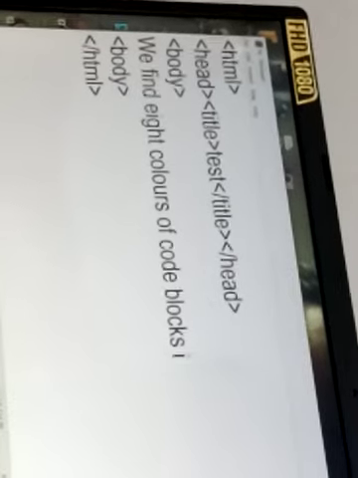Let me write over here some things which we have read in class 7 in Scratch. What we have seen, that we find eight colors of code blocks in Scratch.